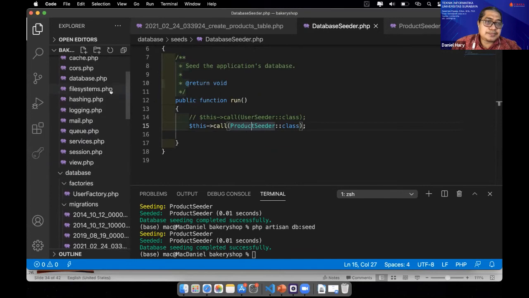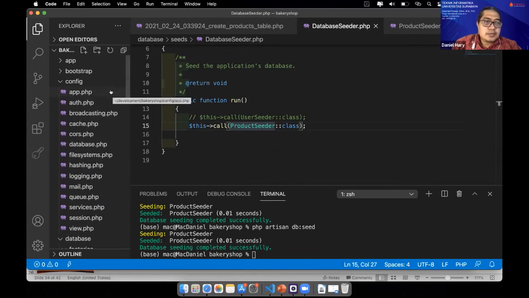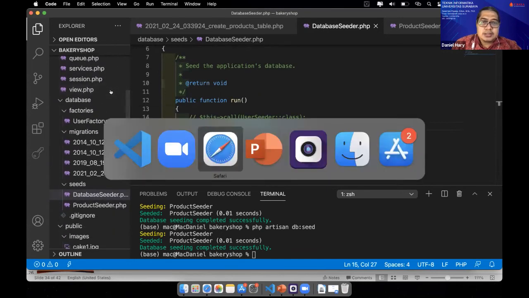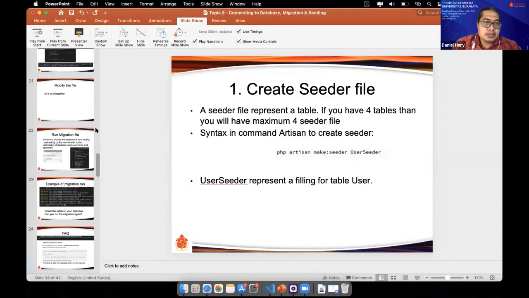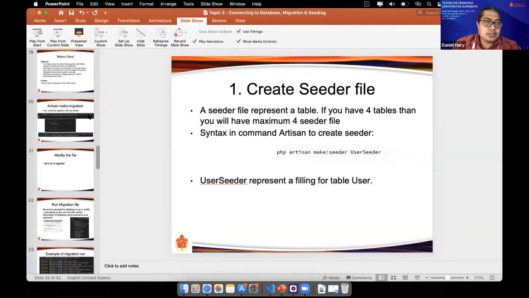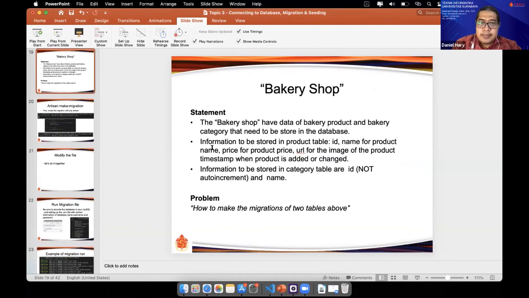Okay. Next, we create category. Category products have table ID, not auto increment.